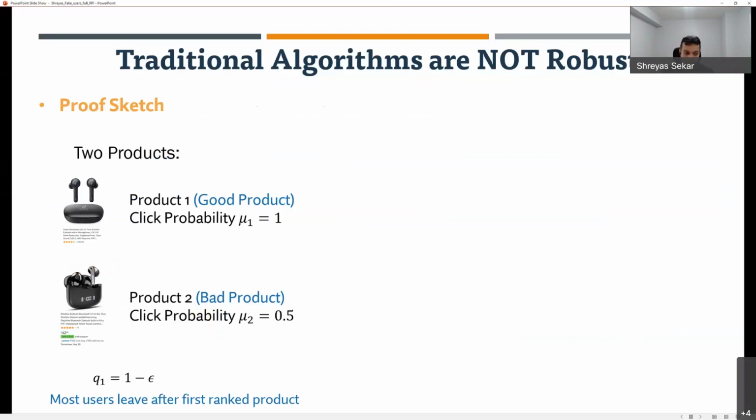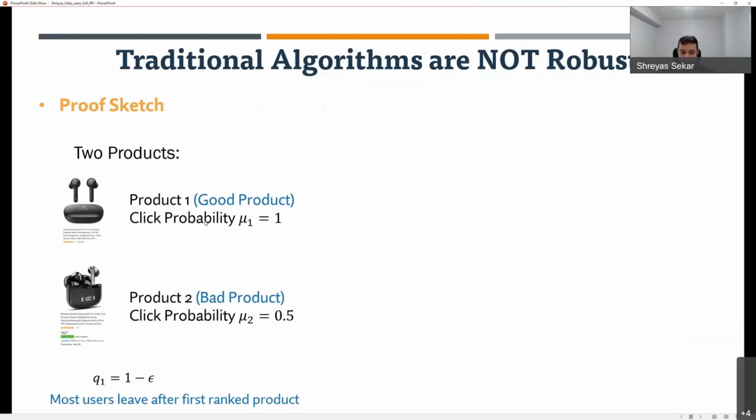So I'm going to use wireless earbuds as a running example because I recently purchased these on Amazon. And for those of you who also search for this, this market is a complete mess. There are tons and tons of products that look very similar. And I'm pretty sure half of these have fake reviews. So this is a good starting point. So let's assume there are only 2 earbuds, right? Although in reality, there are millions.